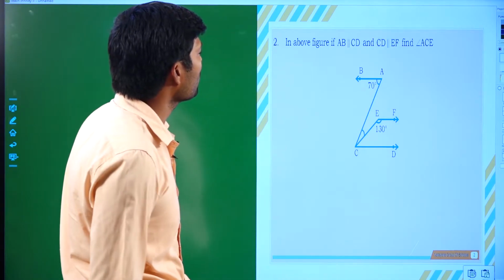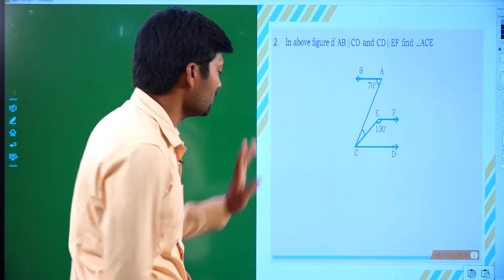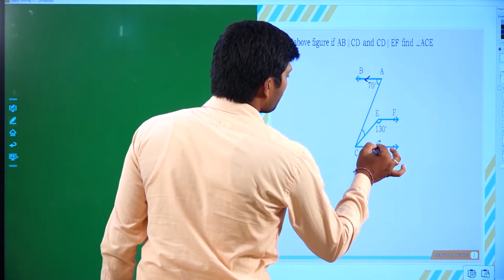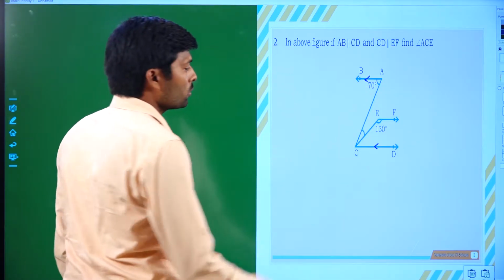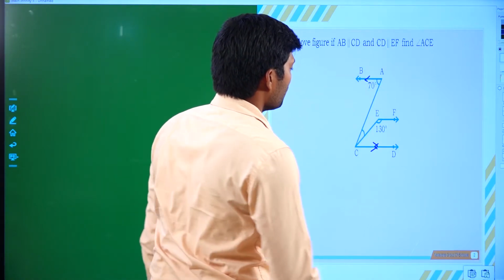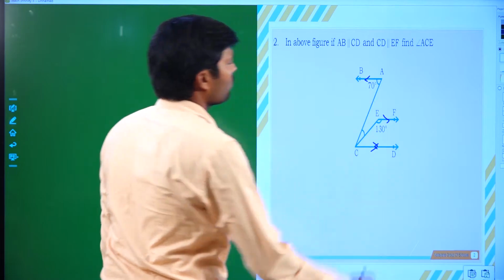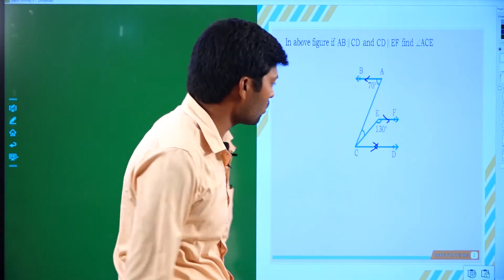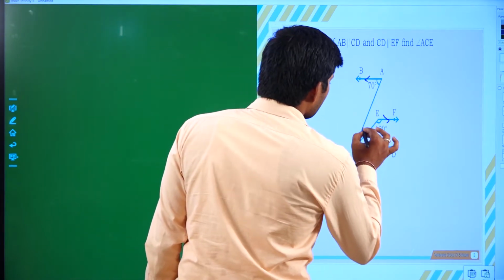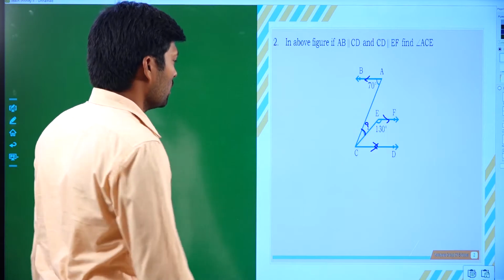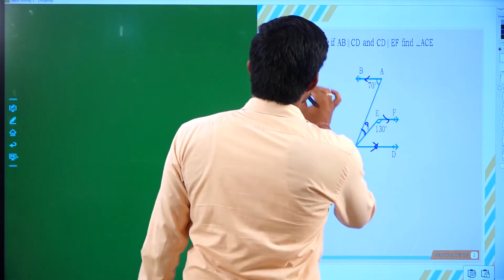In the above figure, if AB is parallel to CD and CD is parallel to EF, this is a condition. Based on this condition, we have to find angle ACE. What is angle ACE? This angle is equal to how much? Let's go for that. The solution is,